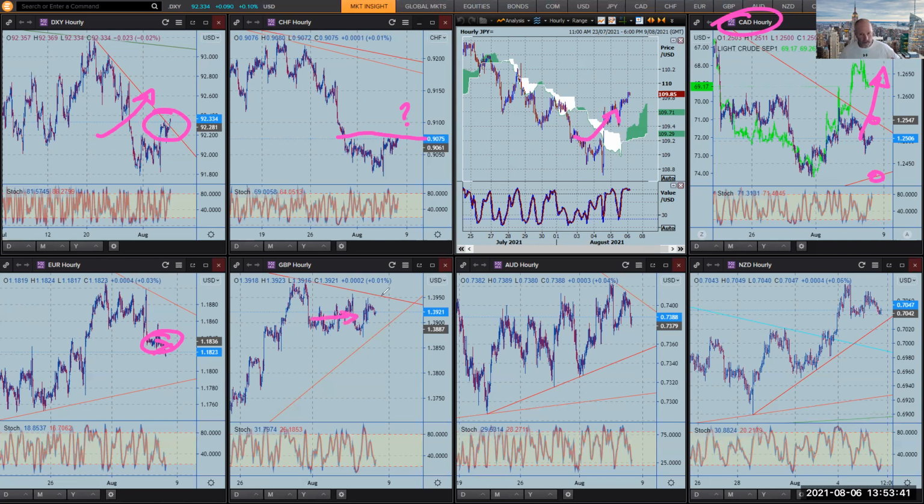Sterling, it's belting into a narrow range, like a wedge formation. It's ready for a move. On the downside, this support level here is the only support I can see for like 300 or 400, 500 points. So any negative news out of the UK will be a good trading opportunity to the downside. Once again, strong US numbers will give us that downside move. Aussie, really tight ranges here. Lockdowns, big time in Australia. It's going to be a negative impact on the Aussie. So once again, strong US numbers, probably a nice move to the downside. If the US numbers are weak, with that negative impact on the Aussie, it will probably rally a little bit, but not as far as, say, the dollar index.